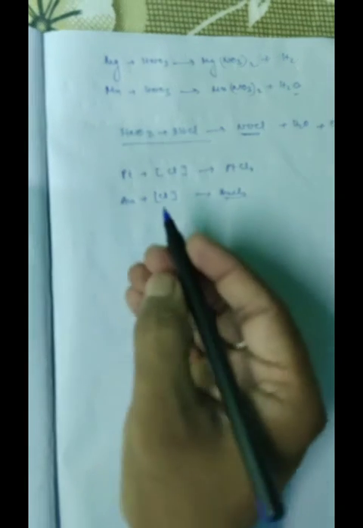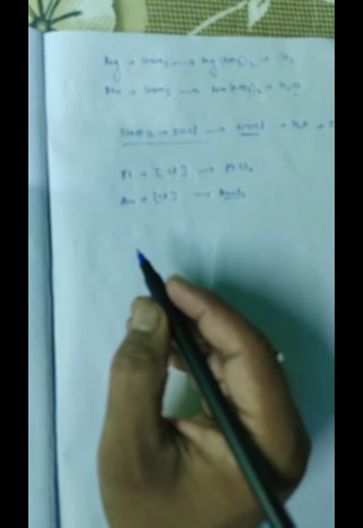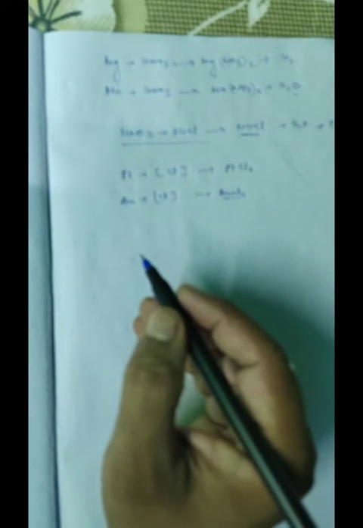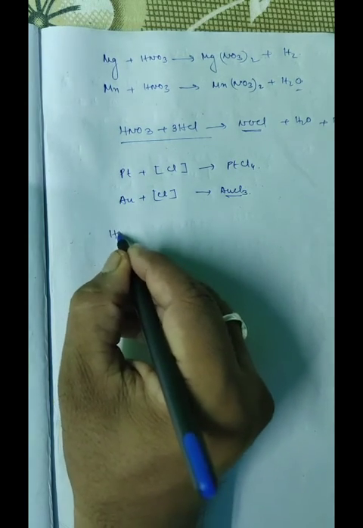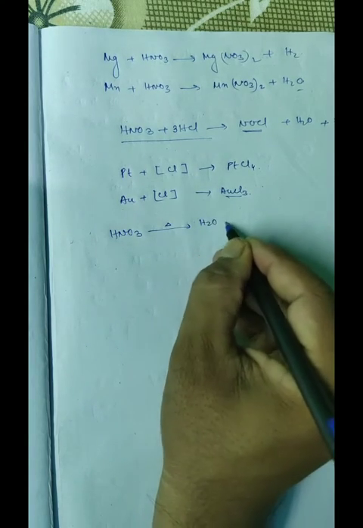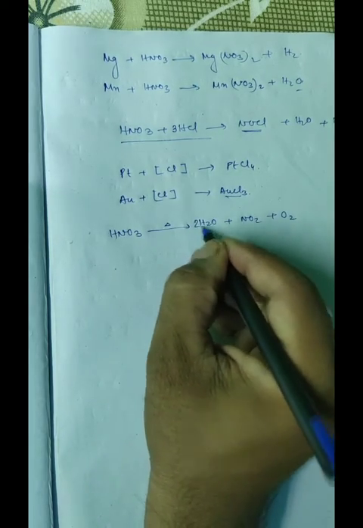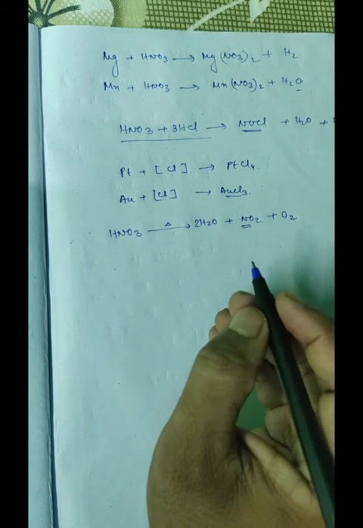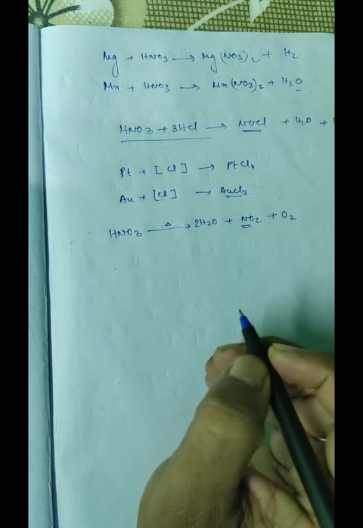Industrial uses: in manufacture of explosives like TNT, synthetic fibers like artificial silk, nylon, celluloid, plastic, photographic film, important compounds like nitrates of potassium and ammonium. Now test of nitric acid and nitrate. When nitric acid is heated, it will give water plus nitrogen dioxide plus oxygen. Because of the presence of this, it has brown fumes. Nitrates other than potassium, sodium, ammonium produce reddish brown fumes of nitrogen dioxide.